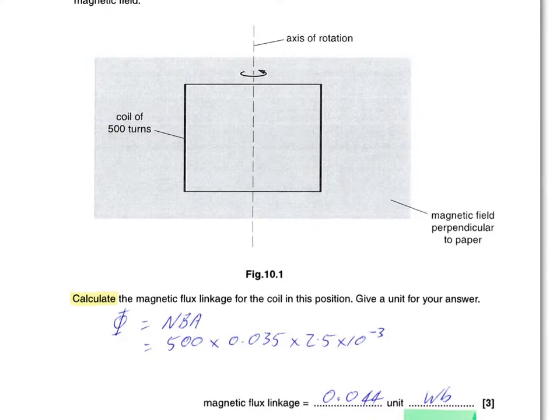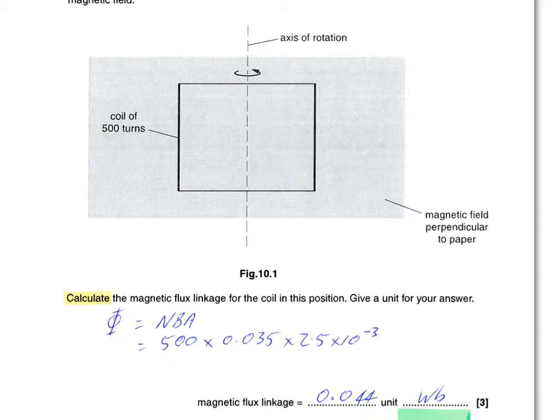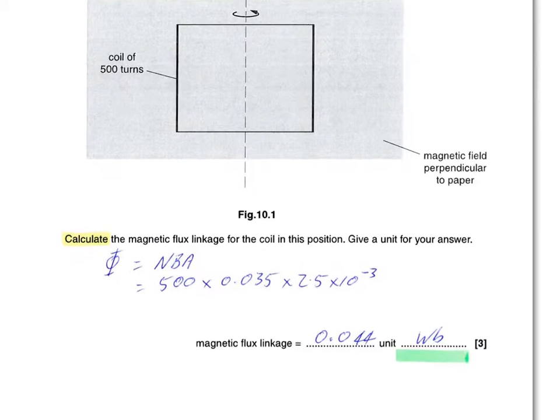So we simply need the flux, which we've got the flux density and the area, so BA multiplied by the number of turns, so it's NBA, it's the basketball equation, and that gives us 500 turns, 0.35 for the density multiplied by that area, and that gives us a flux linkage of 0.044, and the units of linkage, as indeed the units of flux, are Weber, Wb. Moving on,